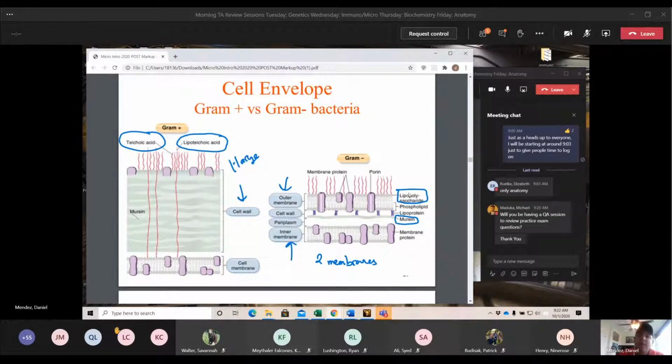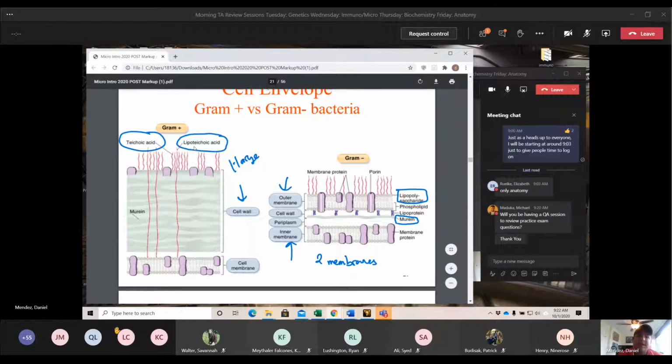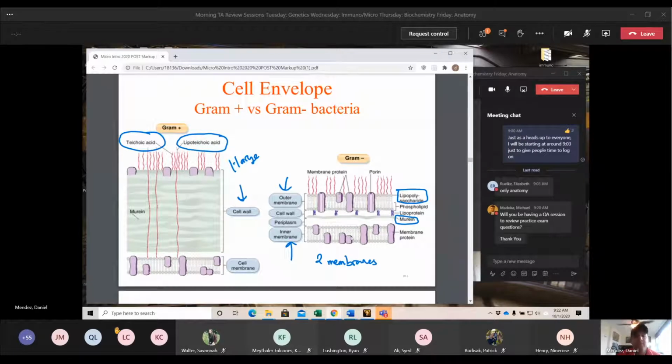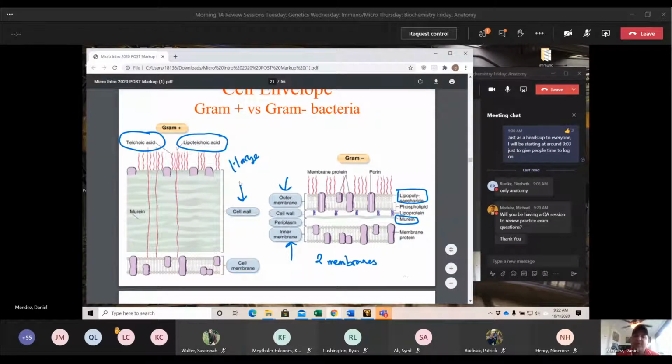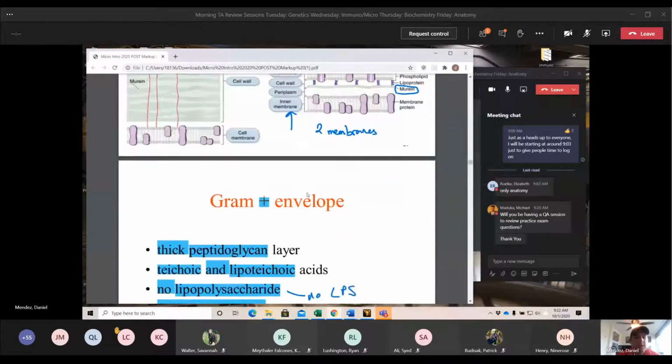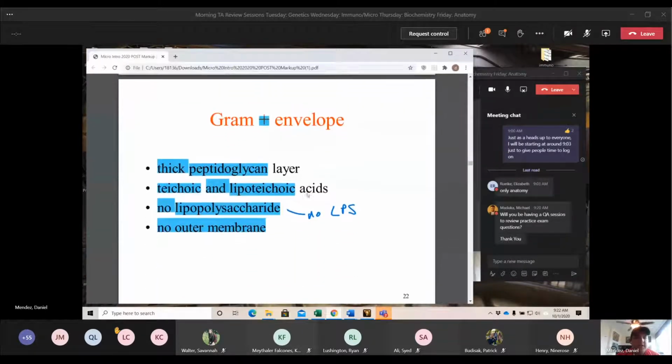That's something we only see on gram negatives, just like how LTA and TA, teichoic acid and lipoteichoic acid, are things that we only see in gram positives. So make sure you can recall all of these differences. We will talk about some of the differences even more, and you'll see. So just putting everything that we just said into words here.